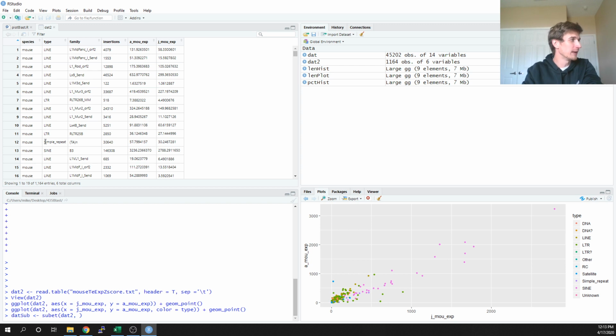So if I don't want to keep simple repeat, I'm going to get rid of that entire row. I do that by saying my column name type is equal to line. This probably isn't the first time that I've done this: use two equal signs. In most programming languages, one equal sign is there to assign a variable, but two equal signs is actually